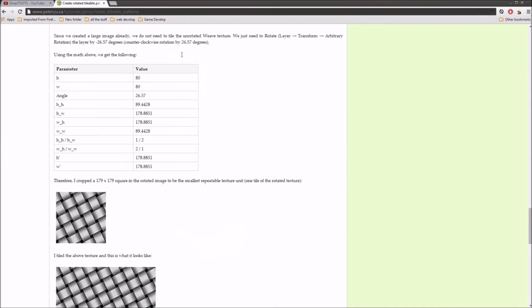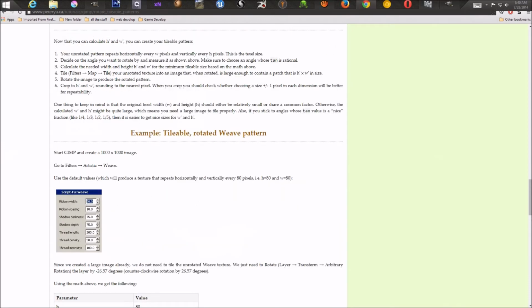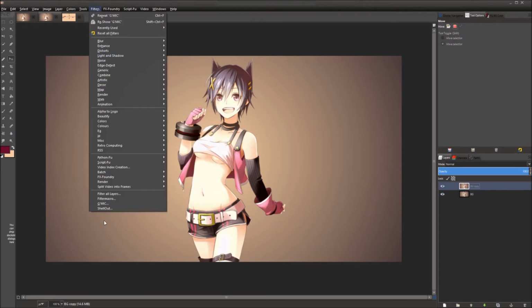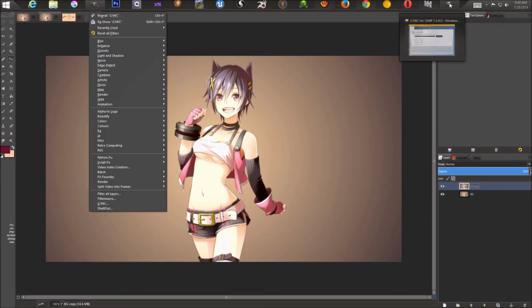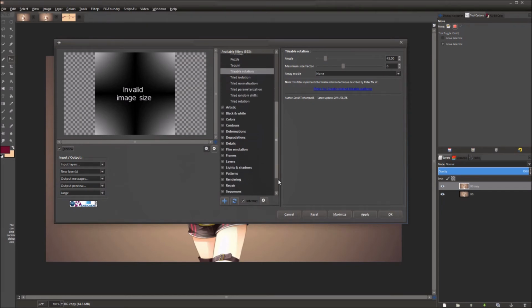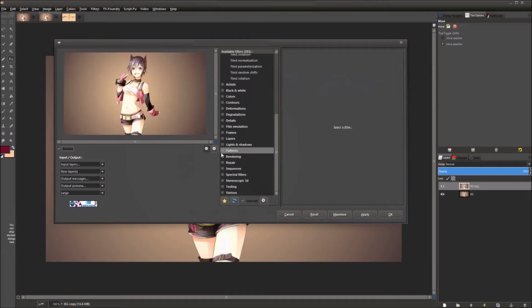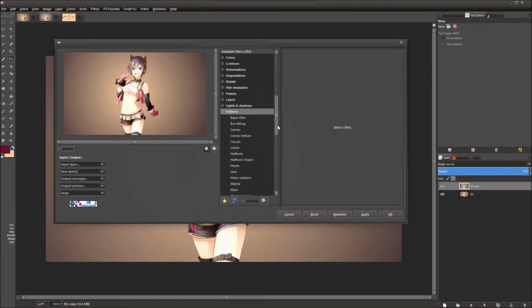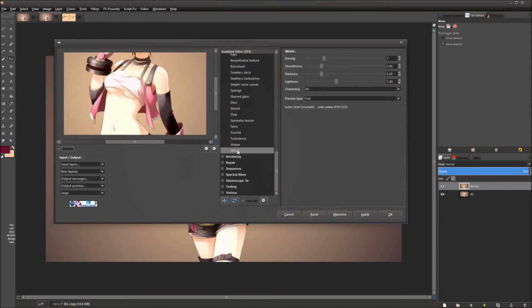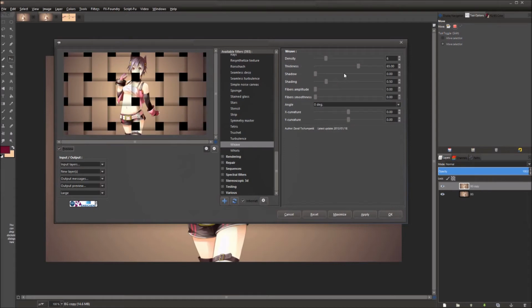So that's pretty cool. So we'll go back into here, and do I got Gimp open? Yeah, I do. Go back into here, and if you want to find that weave, it's down here in patterns, and I think it's the second or third to last one. Yes, second. Got the weave. What is this? World. Huh. Something new. And